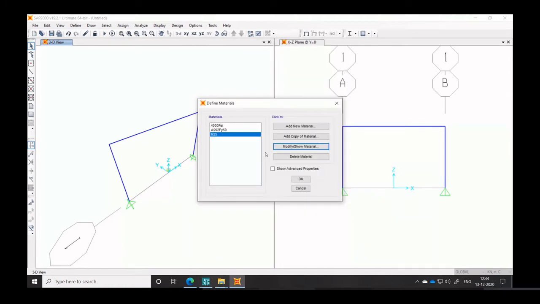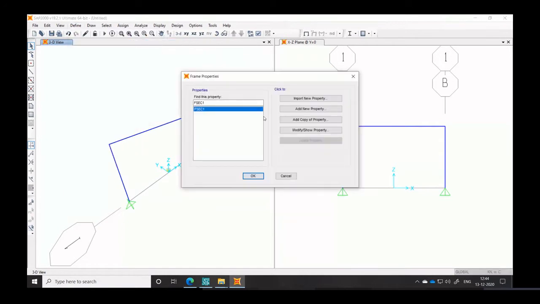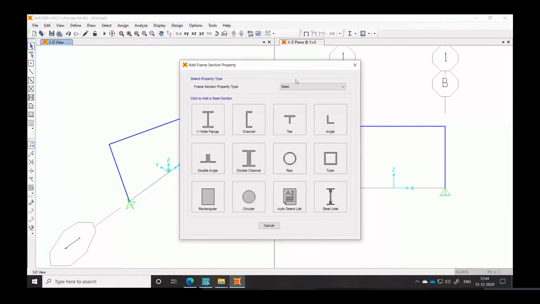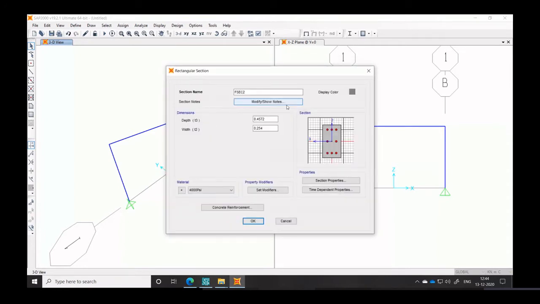Okay, so all I need is that concrete for the concrete columns and sections. And then I'm going to define beam and column sections. So let us go ahead and add a new property, and let us define concrete column, the rectangular column. I'm going to go for 300 by 300 for this column. It's very nominal. I'm not doing this as per any design, just for demonstration purposes. And I will select the material here as M25 that I have just created.